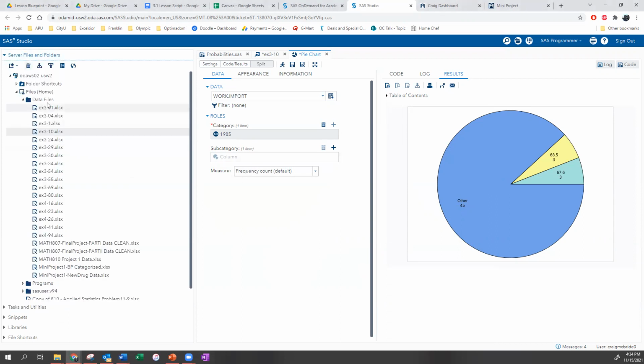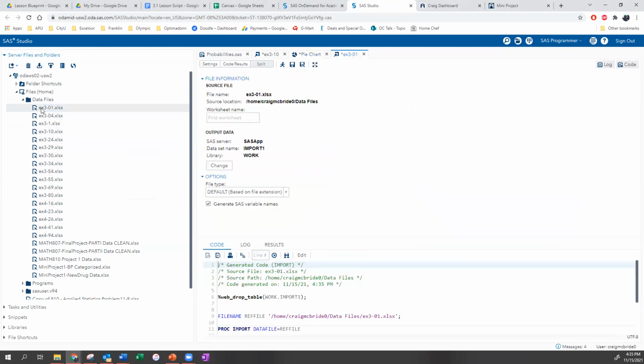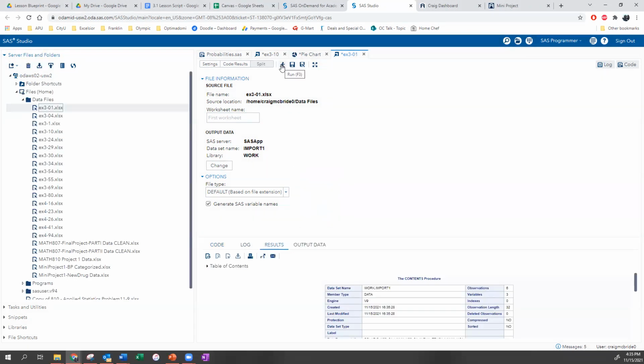Okay, yeah, so all of your data should be in a folder somewhere. I do have it in that folder. I created a data files. All you have to do is double click the data file, and you'll see that over here it created a tab that says exercise 3-1. So that's the data for 3.1. When you double click it, it loads it over here, but it doesn't actually load it into SAS. You always have to click the little running man to run it. Got it. That's what I missed.